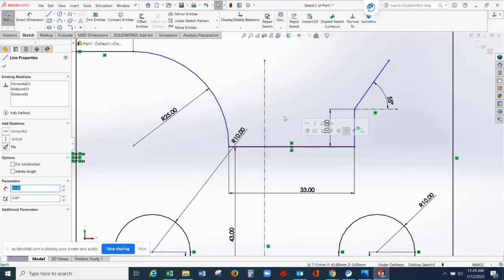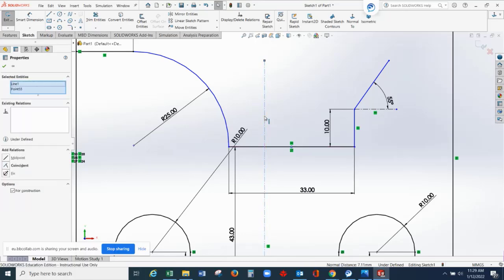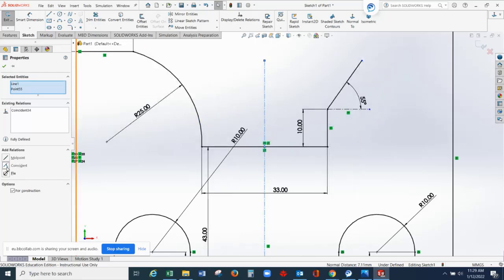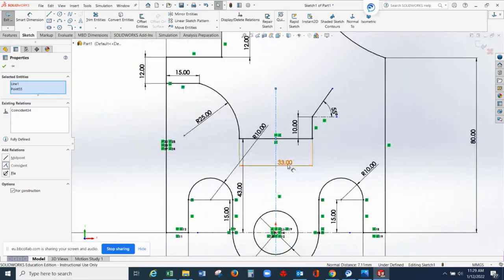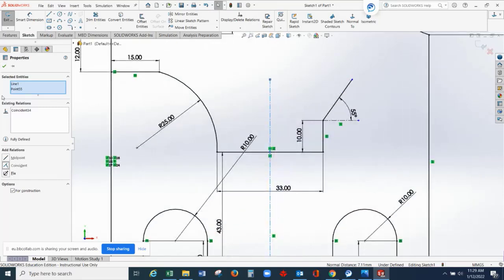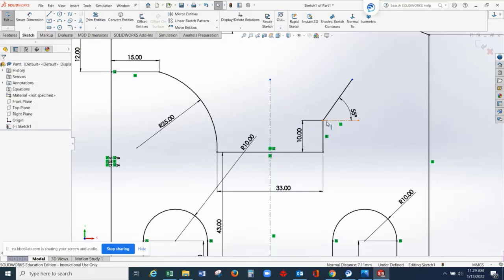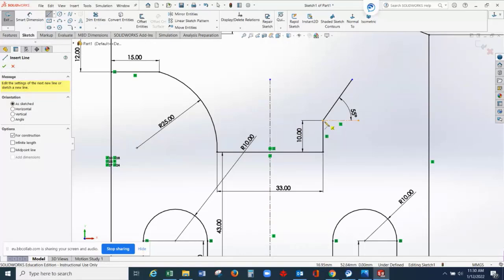And press the shift on the keyboard. Select this one. Make it coincident, okay? Once you make it coincident, those lines are connected with each other. It means you are exactly lying on the middle of this center line, okay? So coincident, okay? Select this green check mark. Now, if you will extend this, or you can create your own center line. We are sure that this is 10, okay? This is 10.